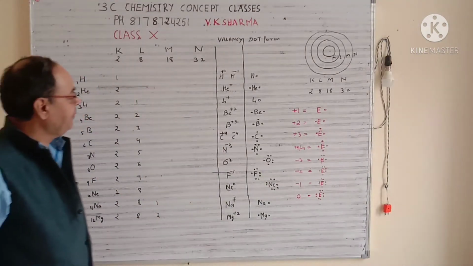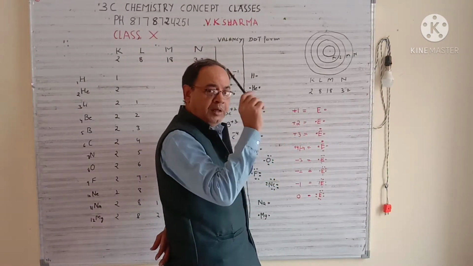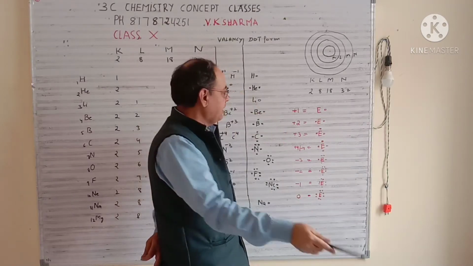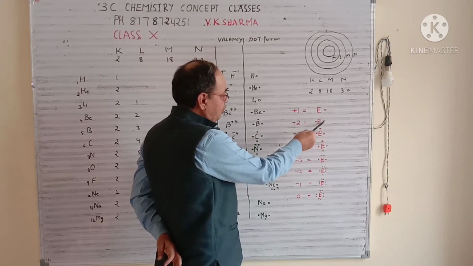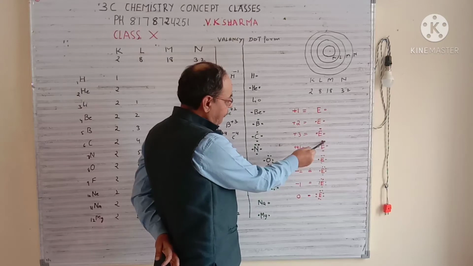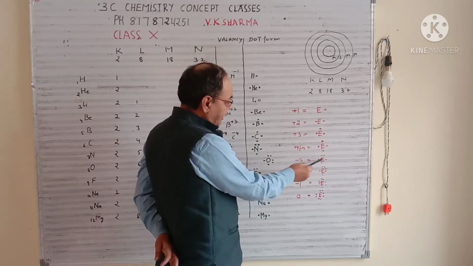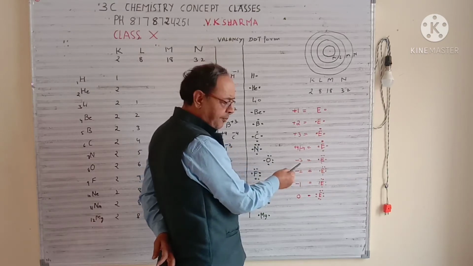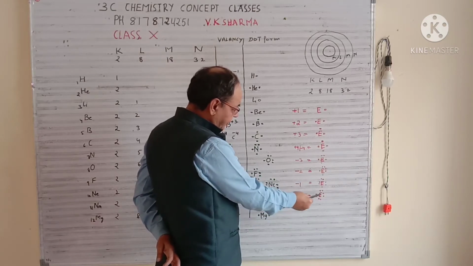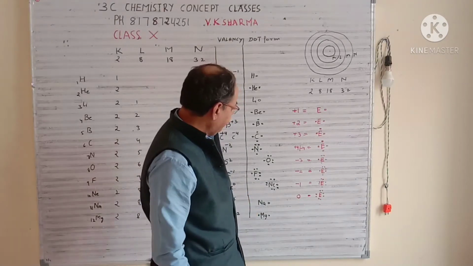Now keep in mind, when an element has a single electron in the last shell, it will try to give; with 2 electrons it will try to give, with 3 electrons it will try to give. So they will get a positive charge. So 1 electron, 1 positive, 2 electrons, 2 positive, except helium. 3 electrons, 3 positive. At 4 electrons in the last shell of the element, it will be 4 positive or 4 negative. When it has 5 electrons in the last shell, it will try to take 3, so it will be minus 3, then minus 2, then minus 1, depending on the requirement. And again, when an element has 0, it means it can't give, it can't take. So this is the way.